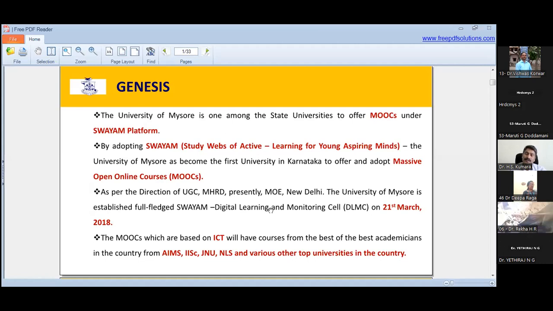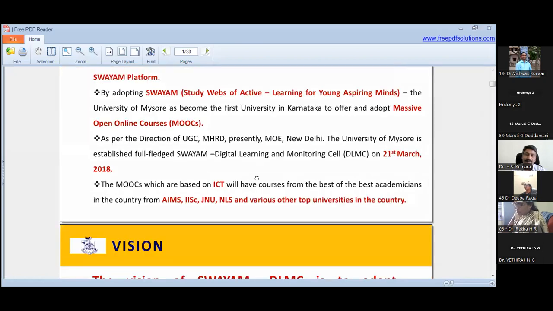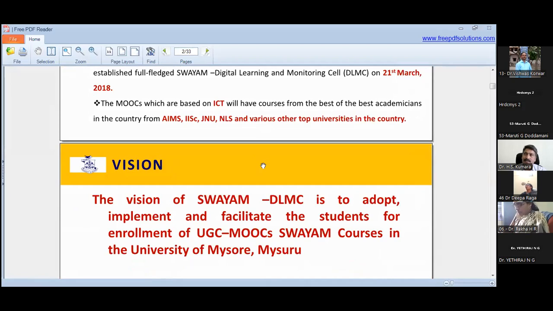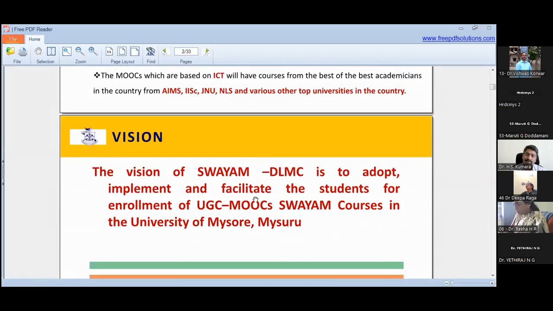I have studied this Swayam subject, and this subject is offered by a professor of All India Institute of Medical Sciences, or a professor of IAC, or a professor of JNU, or something like this. That is the main thing. That is a very big advantage for the student, as well as an additional advantage for the institute and the department.